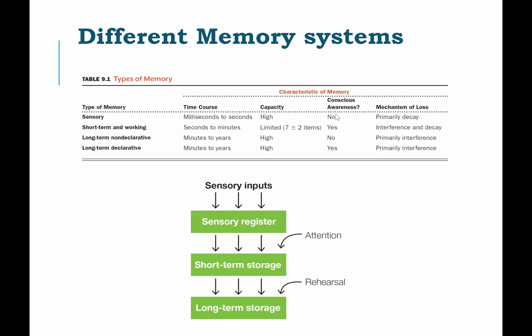A lot of the time you're not consciously aware of all of that, right? We showed, for example, in the context of attention, where you could get a lot of input, but not be consciously aware of all the changes. The gorilla example is supposed to show you that you could have a very high capacity sensory input, but if you're not attending to it, you're not consciously aware of it. Only things that you're attending to, you're consciously aware of. We talked about inattentional blindness as examples of that. The sensory memory decays very fast. So as I said, a few seconds later, you don't have any sensory register.